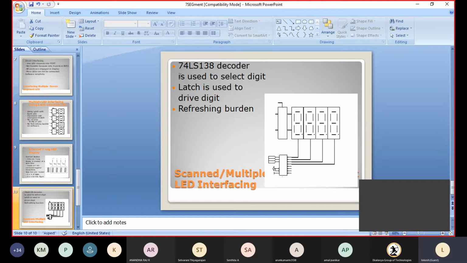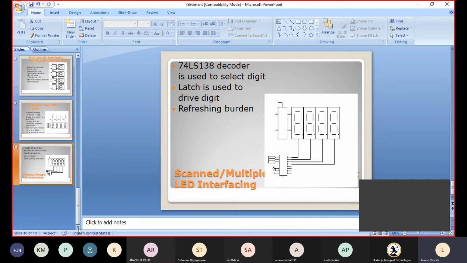That's why we are using the 74LS138 decoder to select any one of the segment displays. Internally we are going to use this and interface with it. We will see how the program works now.